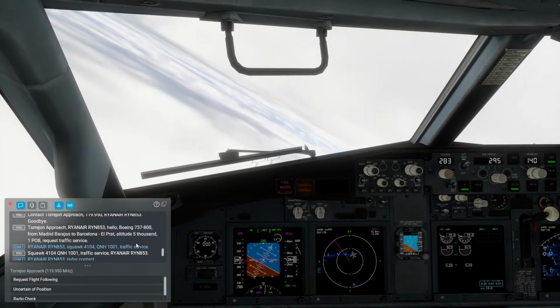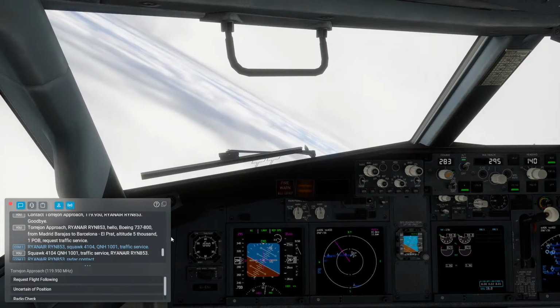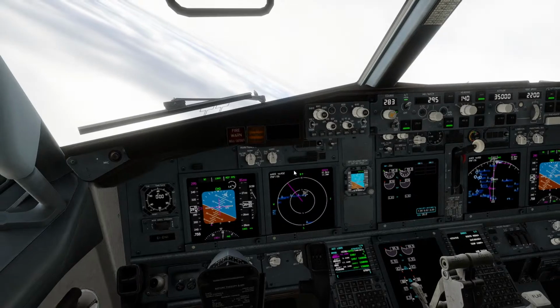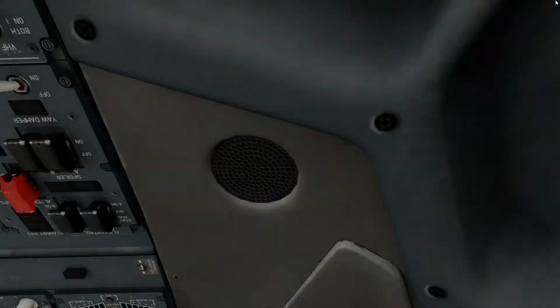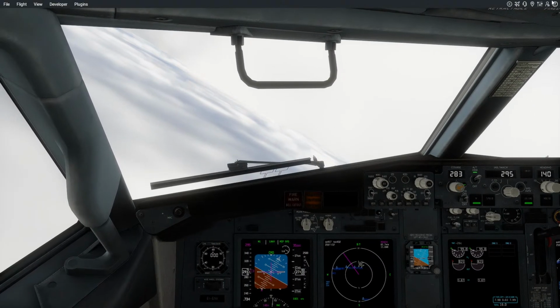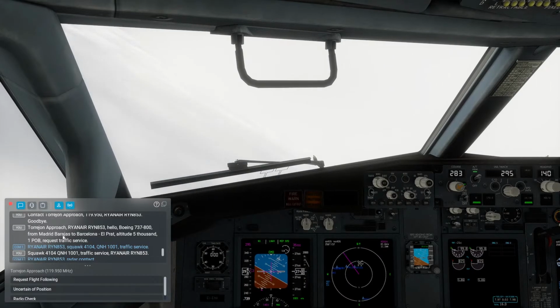Okay, that's another issue I've encountered in this. I am following the flight path that's programmed. I've got it programmed and I've clicked the lateral navigation, but then the services get terminated. I don't think I'm so far off course that they can't provide a service, because they were before. So we have the approach,